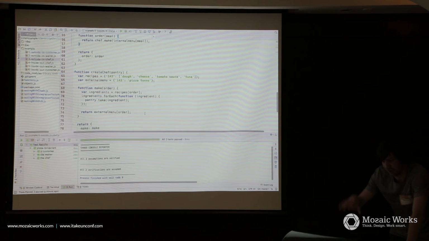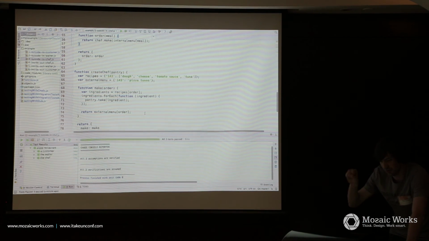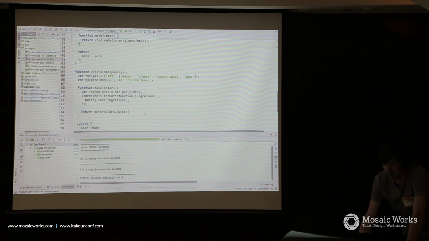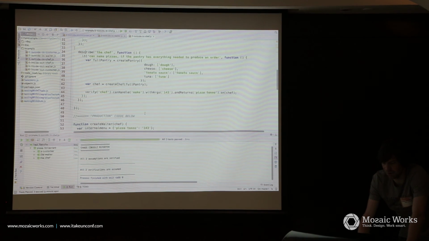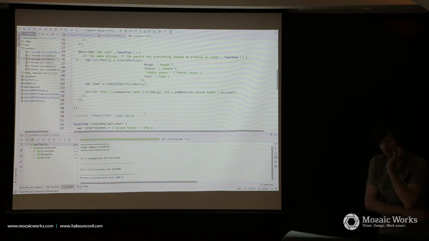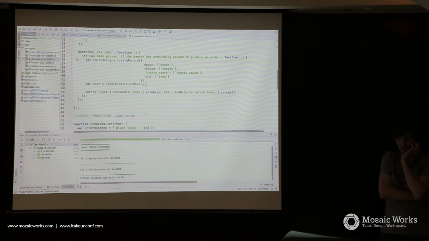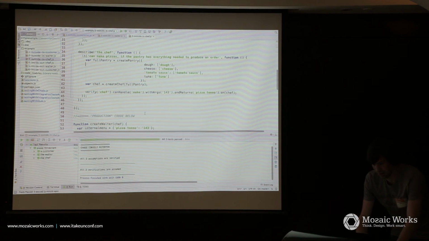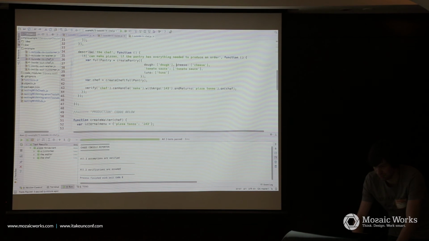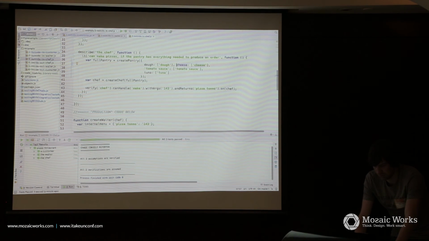But now we are in the more inner units, and what we have done is we created a full pantry, but we now may think about what happens if we do not have a full pantry. Do you know the situation, you come home, you want to cook something, open the pantry and it's empty?